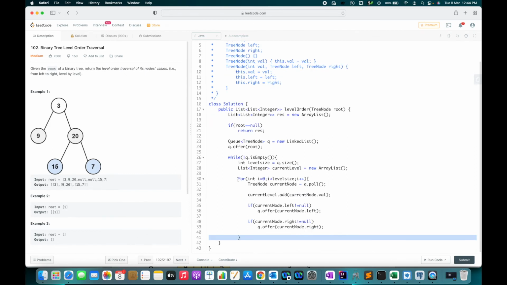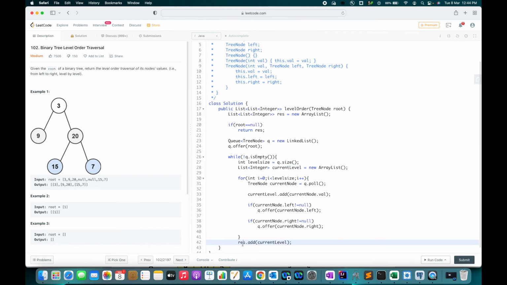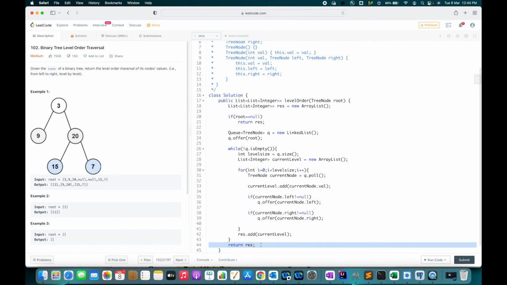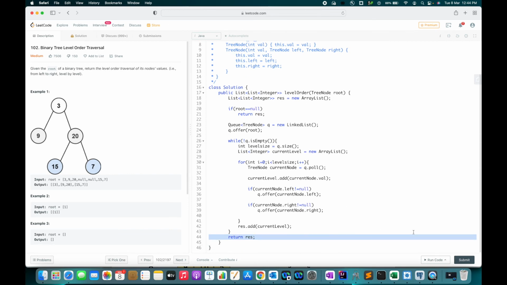Now once this for loop is completed, that means we have completed the traversing of that particular level. So now whatever values our current level list holds, we can add into our result. So we'll write result.add of the current level list. And once the while loop is completed, that means once the queue is empty, we have finished traversing all the nodes of the given tree, and in the end we can simply return result. So now let us run the code,